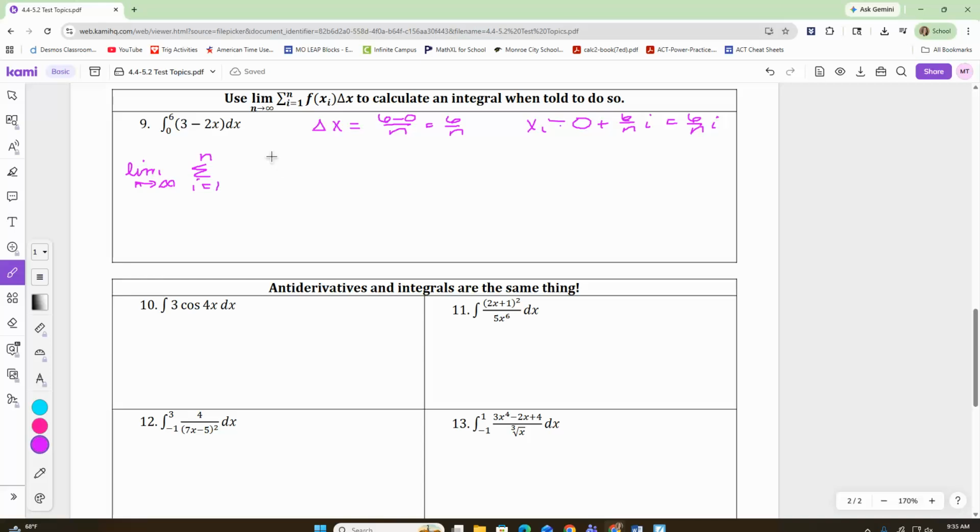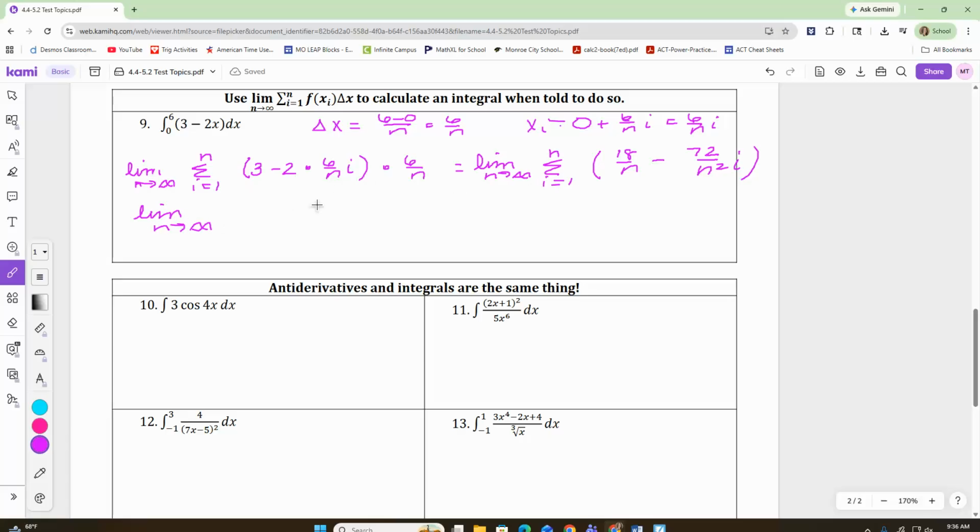So if we do the limit of the sum, in here the x gets changed to my x sub i, and my dx is my change in x. So if we distribute, when we do our summation rules,